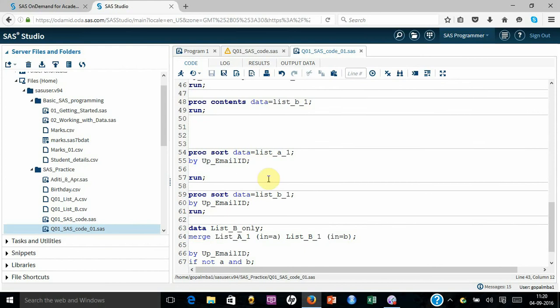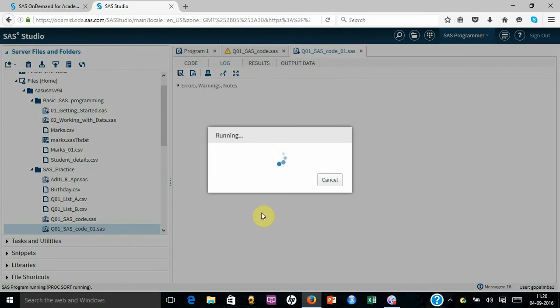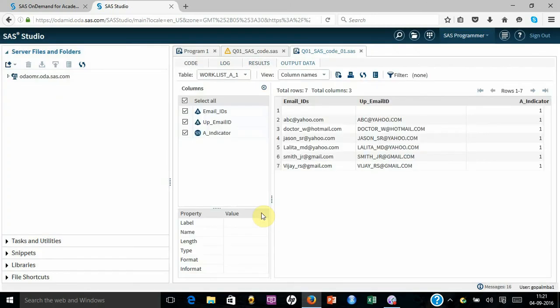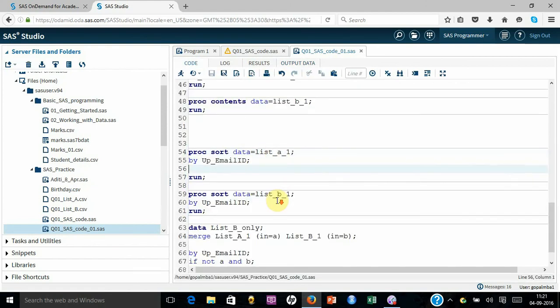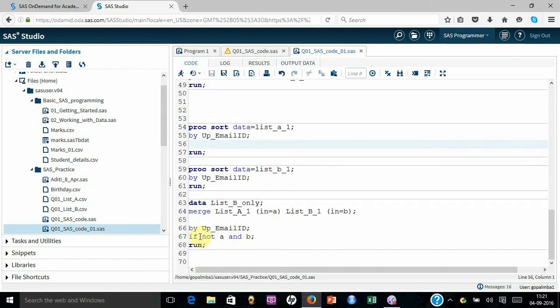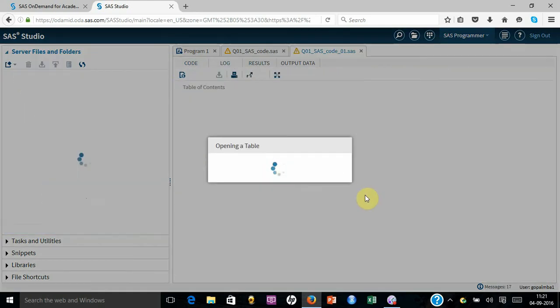So first let me sort both the data by upper email ID. Please keep in mind I have not defined the format of email ID, so that will get truncated but not the upper email ID. So this won't get truncated but this will get truncated. I have done it for both the data sets, list A and list B. Now let me just repeat the same code, not A and B. So this time when you see the output,